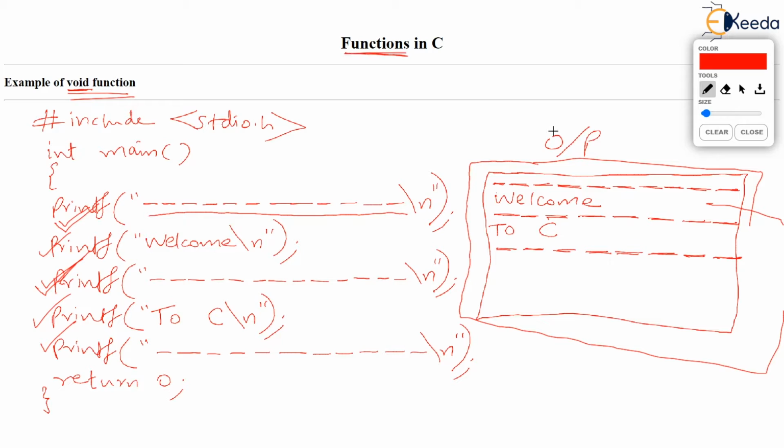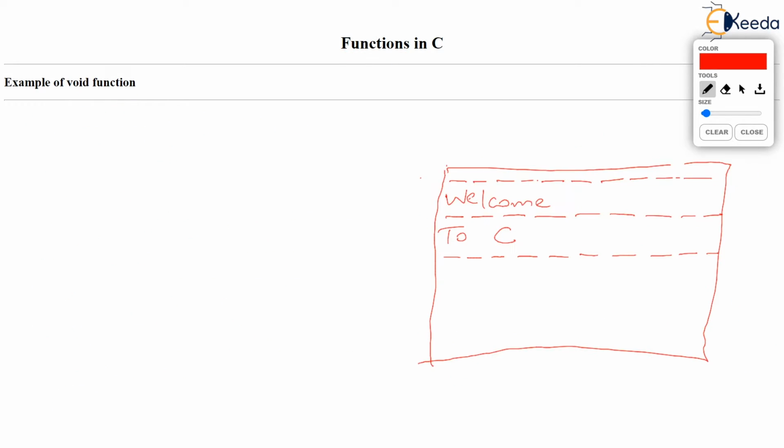How about writing a function which whenever called will print a line of 80 dashes? So let's see how to improve this code. The idea is, in my program initially I will write a void function. Trust me, I will tell you why the function is void here. But I will write void draw. Let's name the function draw, and the function does not have any parameter. Inside this function, I will put printf and that long line of 80 dashes. Imagine these are 80 dashes and backslash n to produce a new line. And here ends my function.